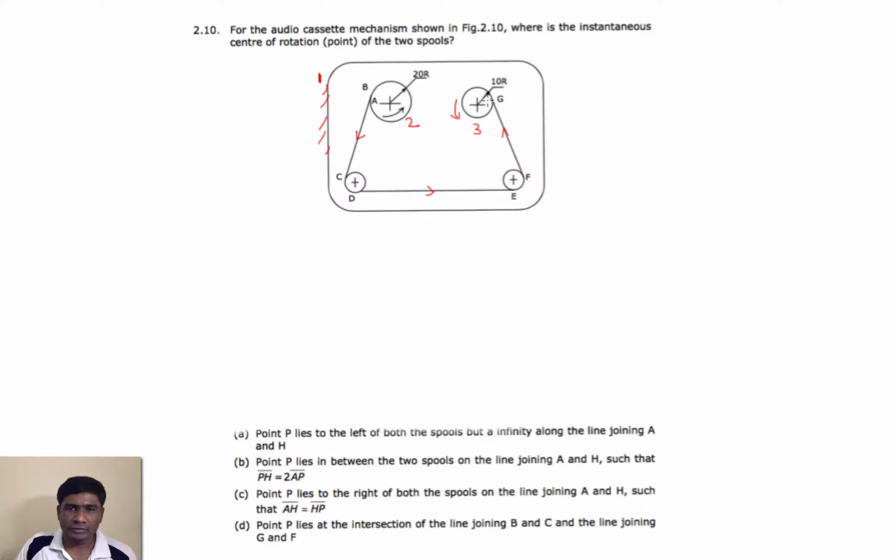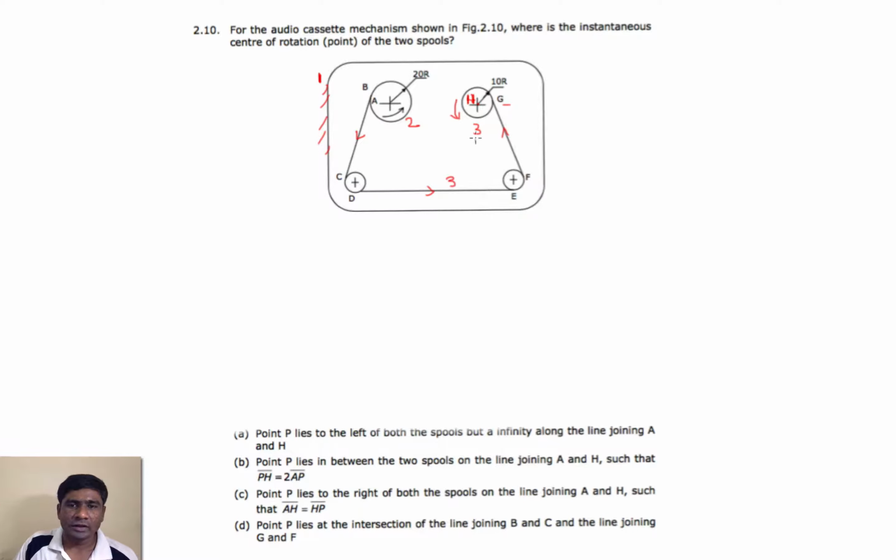And because this smaller spool is rotating in this direction, because of that, this tape is winding on this one, and in turn it's releasing from this one. And what is link 3? That link 3 is connecting the spool B with the spool G, and this point is considered as H at the center of the spool G, and this is spool B. And what is the link? Then what is the link?